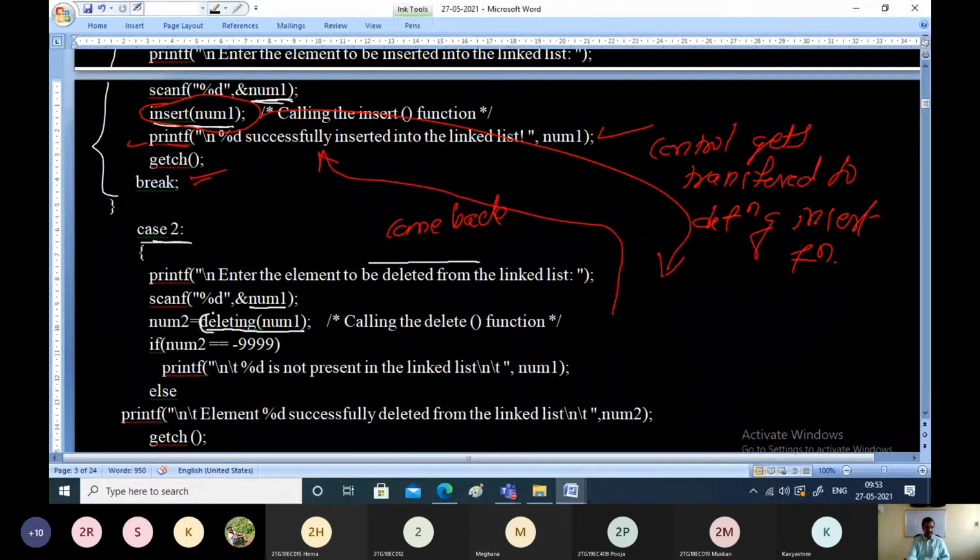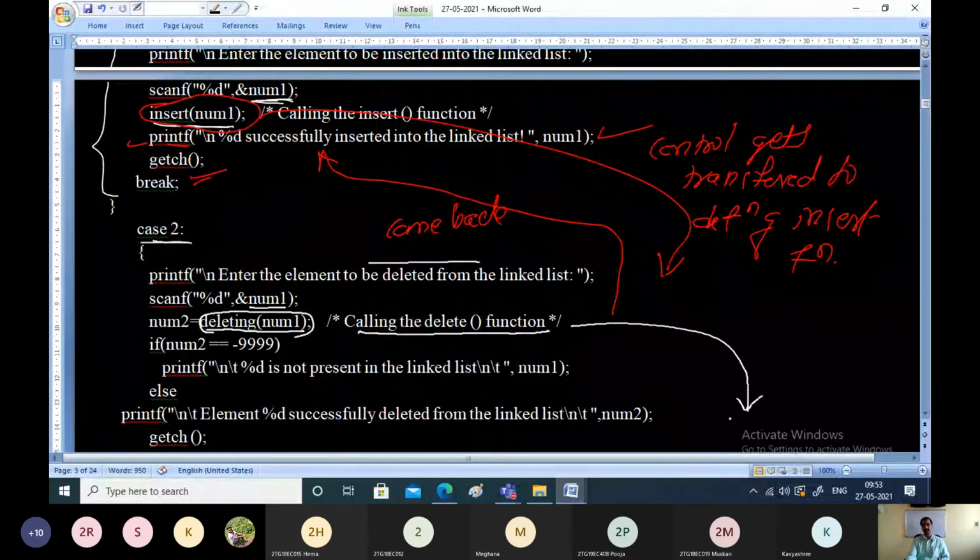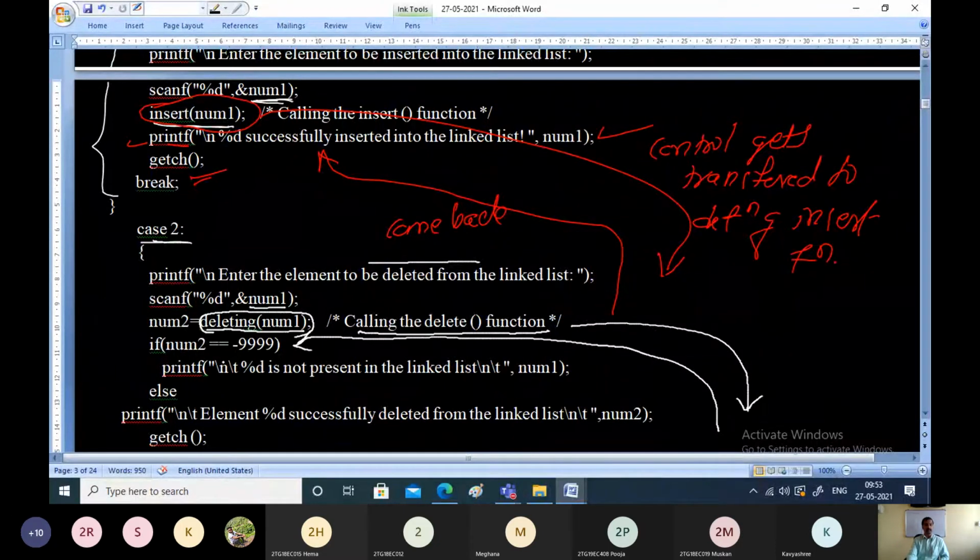Now this again causes the control to be transferred to the definition of the delete function, delete the element, come back again and go with the next statement. What is the next statement here? Whenever you want to delete a number, the number may not be present in the list due to any reason, or the linked list can be empty, or the element may not be present in the linked list.